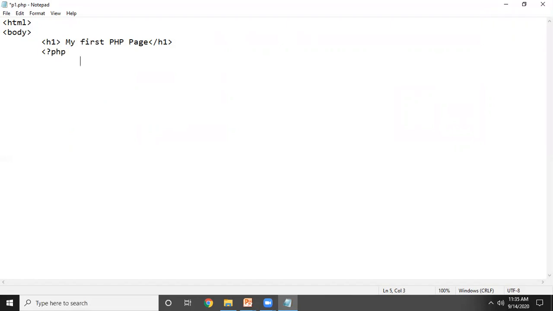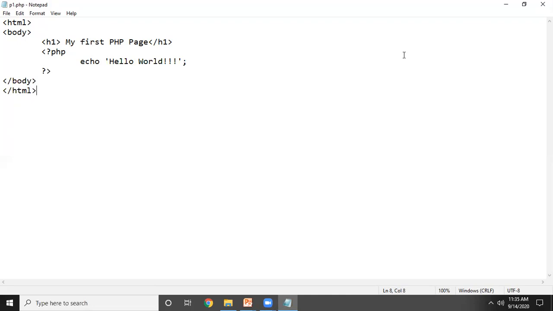I want to print the hello world message, so for that I'm using the echo statement. Pass your message, hello world. Complete the quotation. Put the semicolon after that. Complete your PHP tag. Complete the body section. Complete the HTML document. Now save your file.